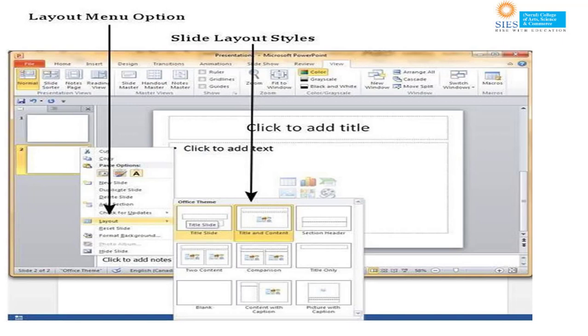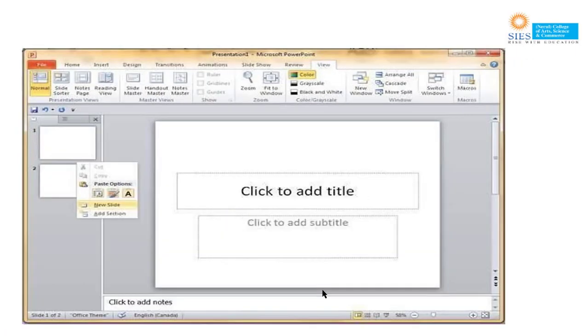So these are the different layout slides. So here you can add a title, add a picture in it, insert picture, or if you want only a title, then you can select this layout. Picture with caption, you can select this layout. So this is how you can add slides in it. Okay.